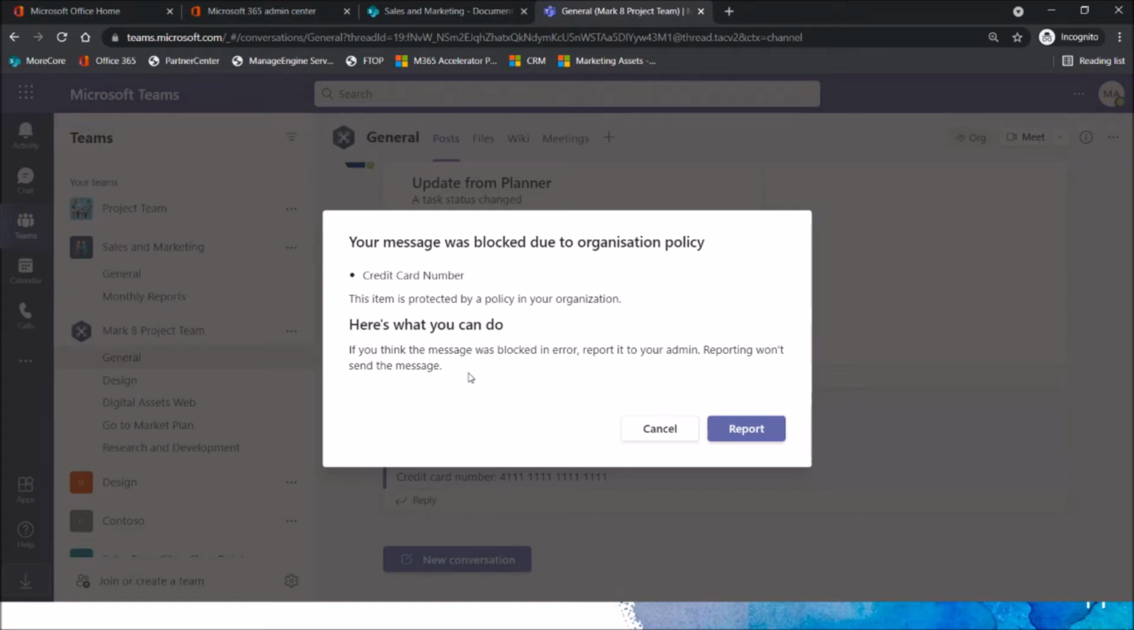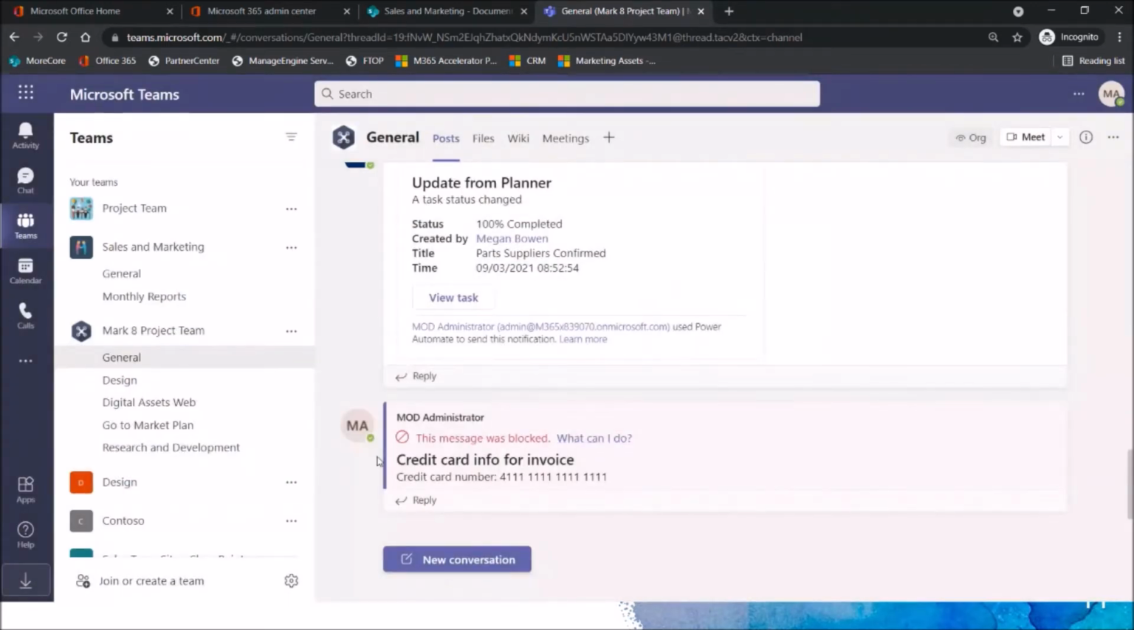Now, the great thing that we can do as an administrator is actually customize this message and customize any notifications or tips that are shared with the user. So we could tell the user exactly how we want them to share that information. So we can say, your message was blocked. If you think it was blocked in error and actually it's not a credit card number, then you can report it so you can share it. But otherwise, you can share it through an encrypted file or email or the appropriate place that you've decided to share that information as an organization. And this will apply to channels, channel messages, and chat messages as well,